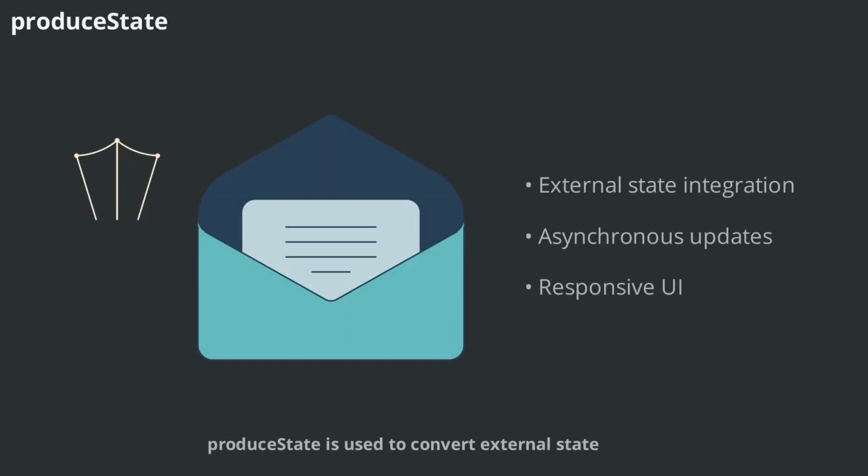Produce state is used to convert external state, such as data from a network or database, into Compose state. It launches a coroutine that updates the state as necessary, making it useful for managing state derived from external sources. This enables you to fetch data asynchronously and feed it directly into your composable state, ensuring the UI remains responsive